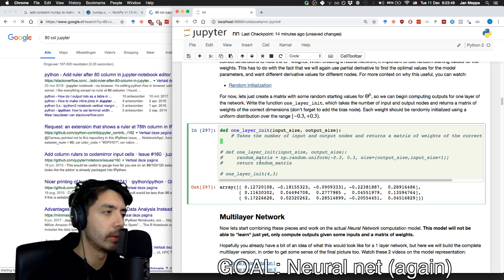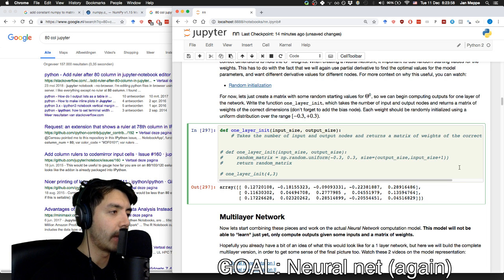Okay, so we return the matrix of weights. Don't forget to add the bias. So where is the bias? Input size plus 1. Yeah, so